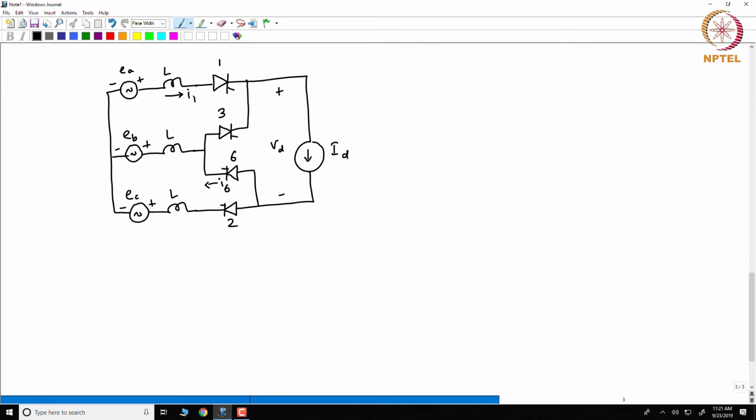So it's just a matter of applying Kirchhoff's voltage law and getting the equation. That's all. So I have to get two first order differential equations. From that I will get A1, U1, A2, U2. Of course A2 and U2 are from the second subinterval. So this circuit is for the first subinterval.